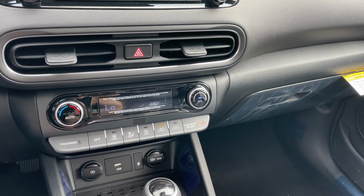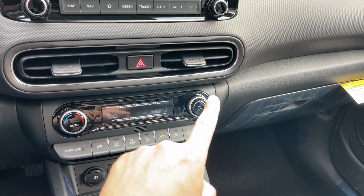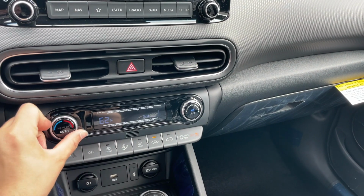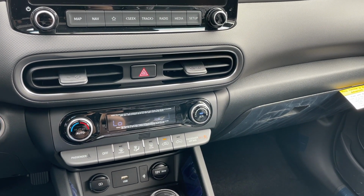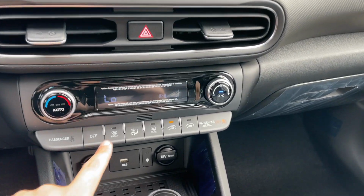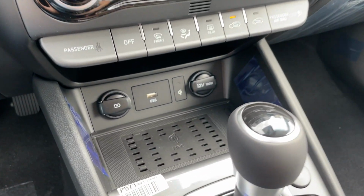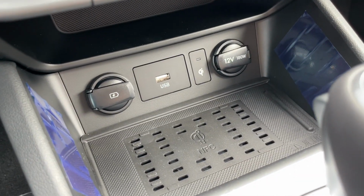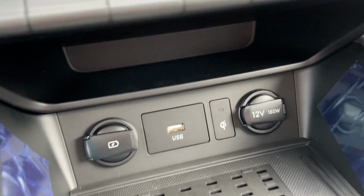Climate controls are very easy to use. It is a one zone climate control. Here is the fan speed and the temperature control, and I really wish it had 2-zone climate control for $31,000. I think Hyundai should have done that. And here is the mode, an off button to turn off the AC or the heat, and in the bottom there are going to be 2 USBs, one 12-volt, a wireless phone charger, and there's going to be a storage place